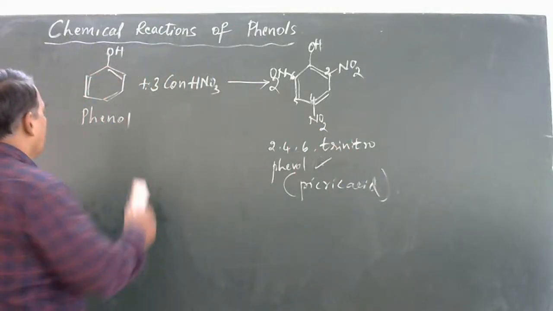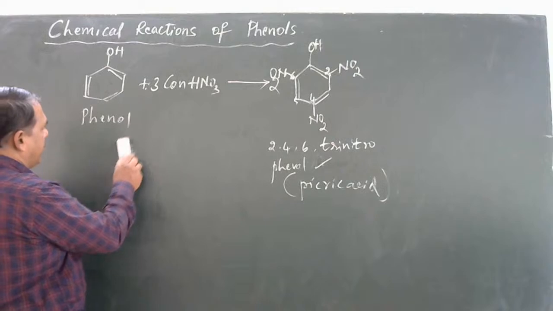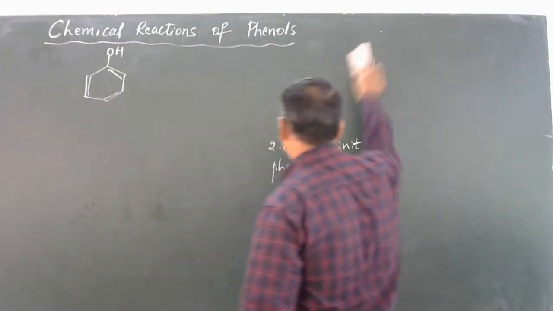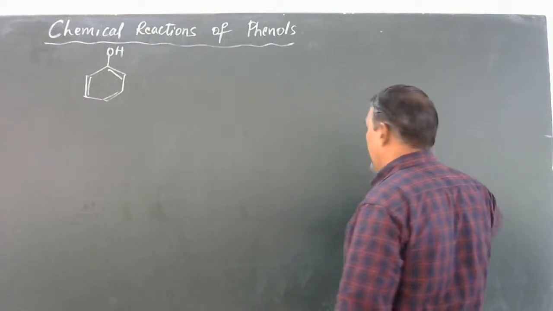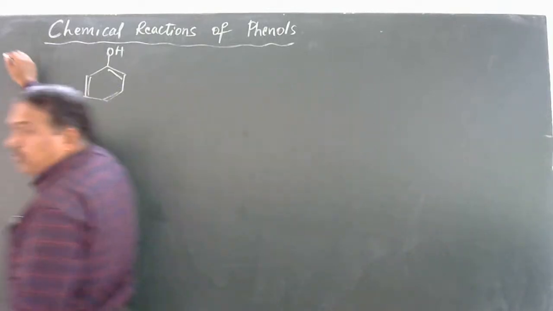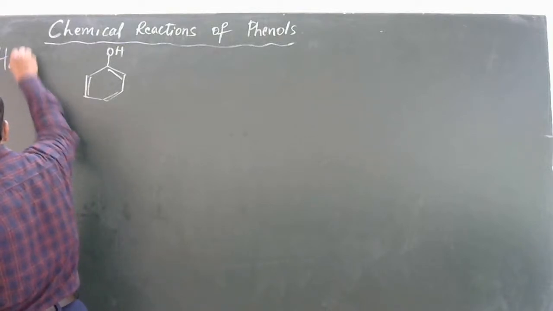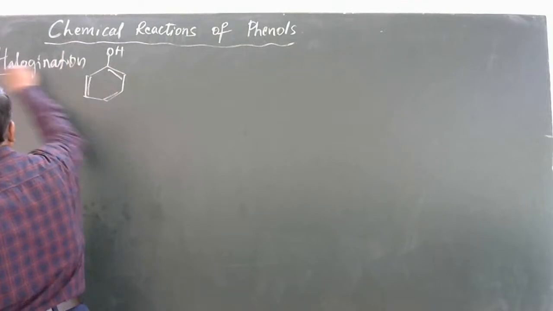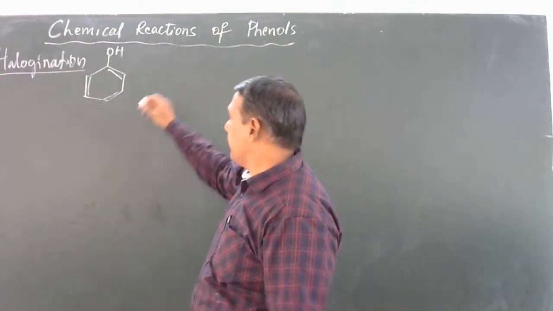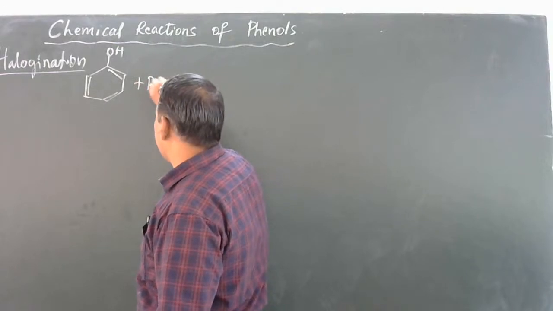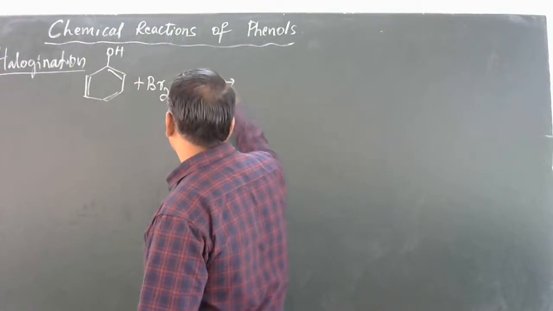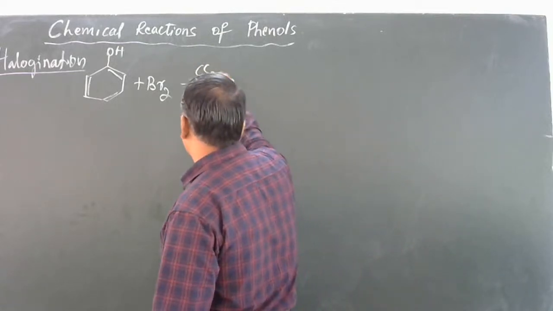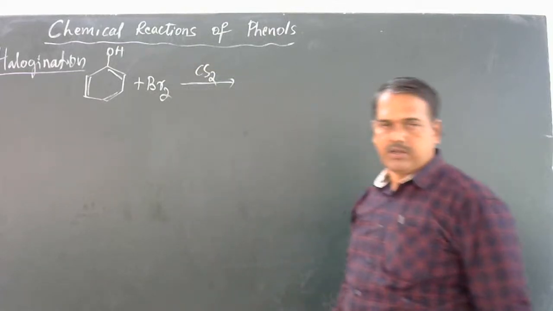Okay, then we shall note the reaction. Next we shall study a reaction with halogen, which is called halogenation of phenol. We shall study halogenation. See, halogenation reaction. When phenol is treated with bromine in presence of solvent carbon disulfide,